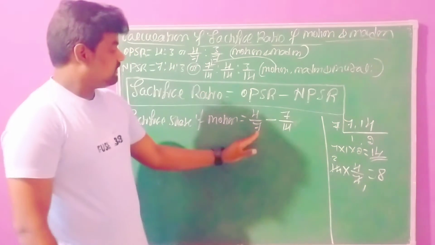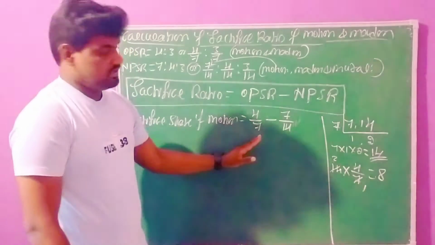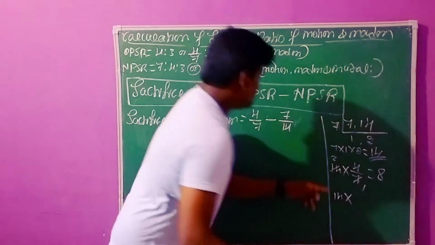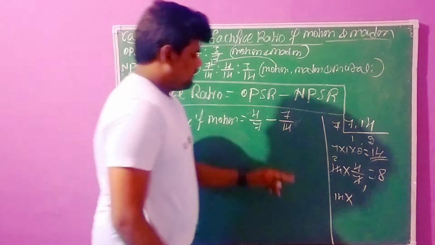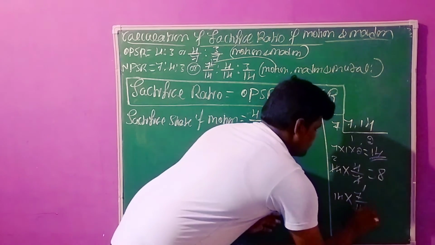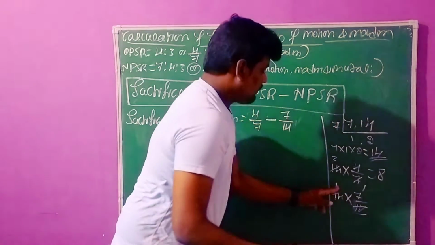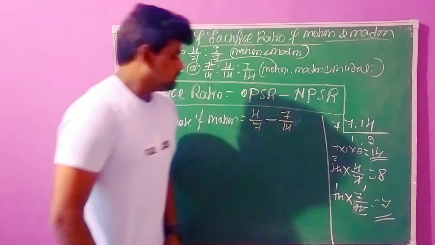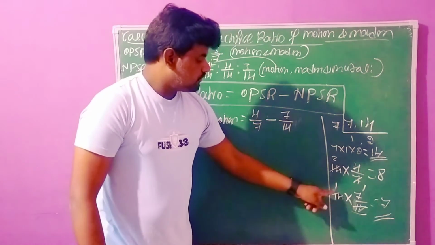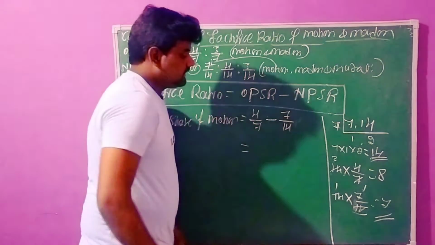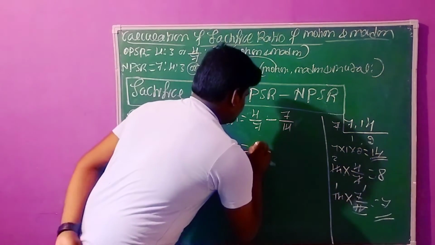And the same thing we need to calculate for one more value also. The same thing, 14 into 7 divided by 14. 7 by 14. 14 ones are 14, 1 seven is 7. So we have simplified, 8 and 7, right?